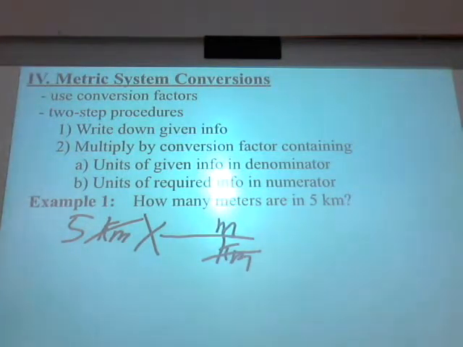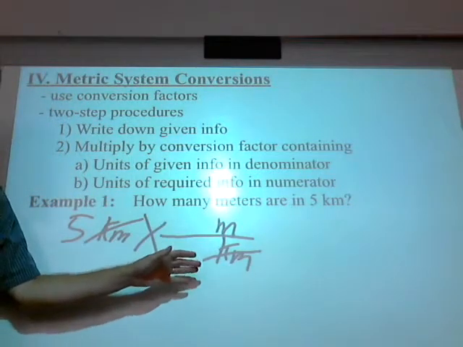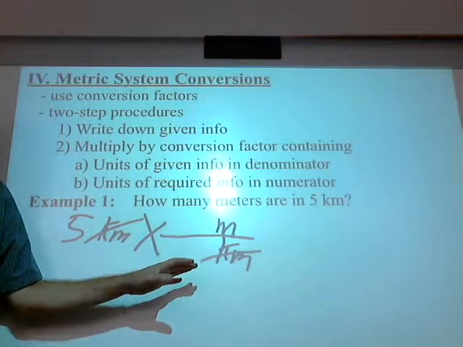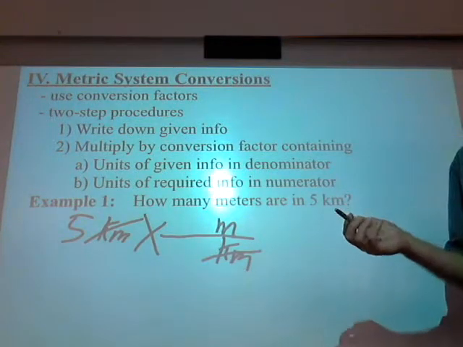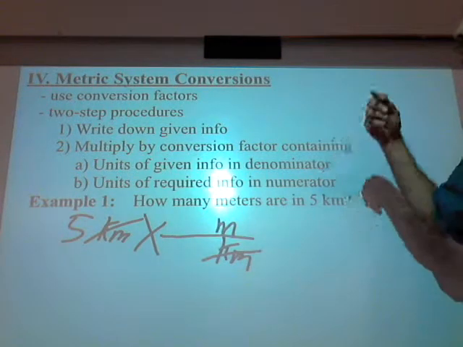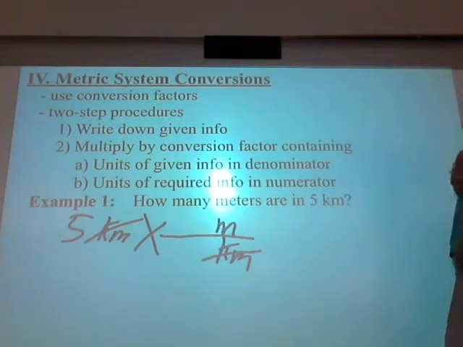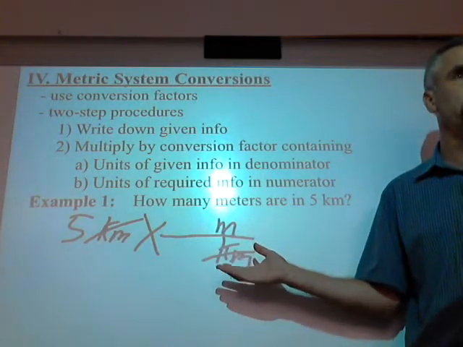All right. So far, so good. There's no real thinking that goes into this. This is pretty darn easy stuff, right? Here comes the only thinking spot. The only thinking part is I have to figure out how many meters are in a kilometer. And that's why, if you don't memorize these things, you're never going to get any more right this way than you would the other way. You still have to know what kilo and hecta and deca and deci and all those things mean. All right? We all do know. The one I chose earlier was kilo because you all know it.